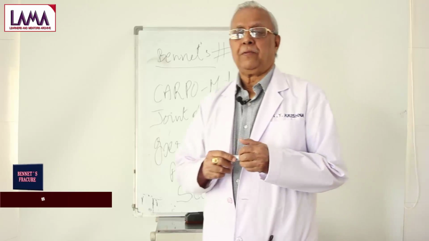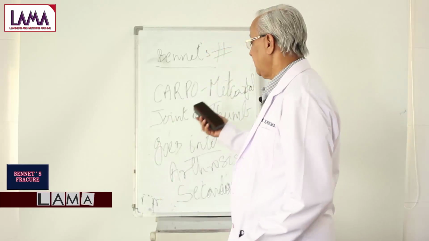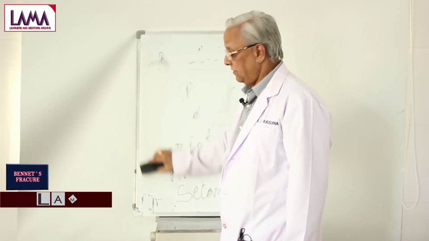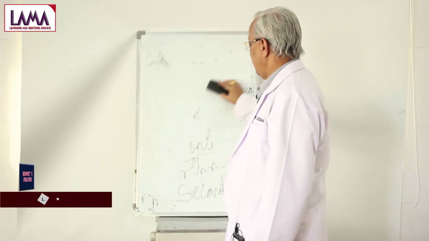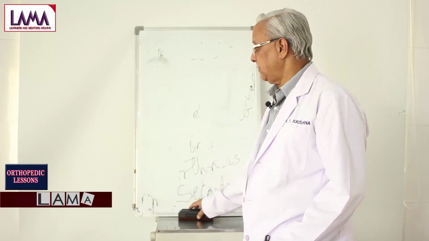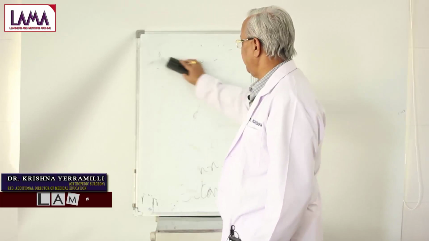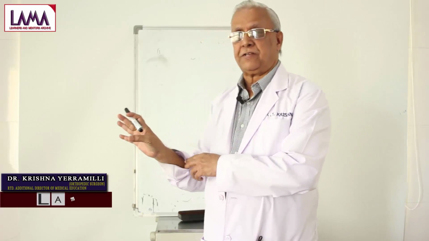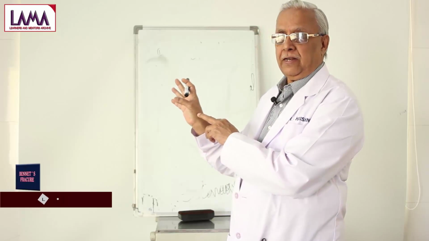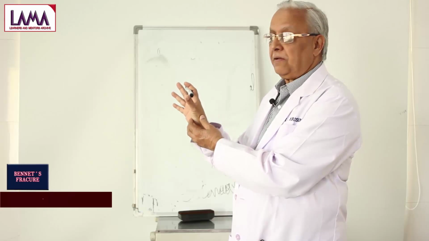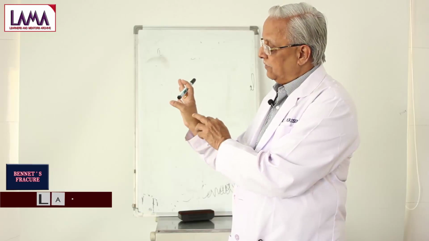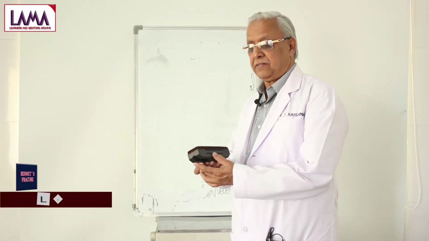Now, how to make out this fracture and what are the signs and symptoms? Just like most of the fractures and dislocations of the upper limb, Bennett's fracture is common due to a fall on an outstretched hand in a particular position, or a direct injury sometimes can produce this metacarpal joint dislocation. Symptoms are history of fall on an outstretched hand followed by pain, swelling, and at the base of the thumb you have swelling and then tenderness, and movements of the thumb are painful, especially extension, abduction, etc. are very, very painful. So the actual fracture occurs at the base of the thumb, and